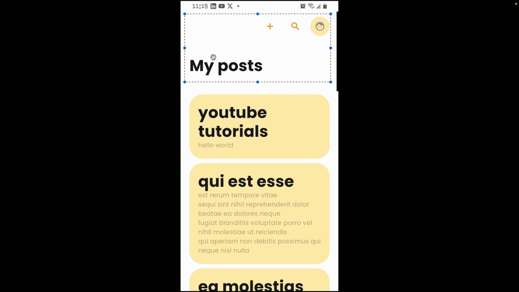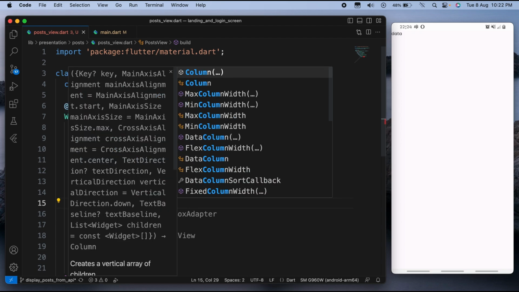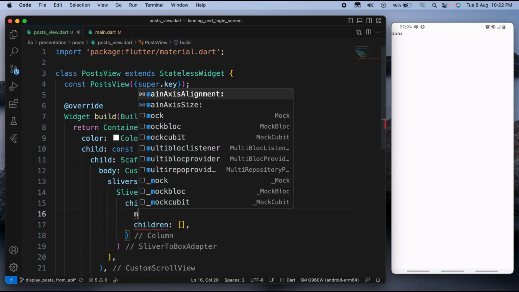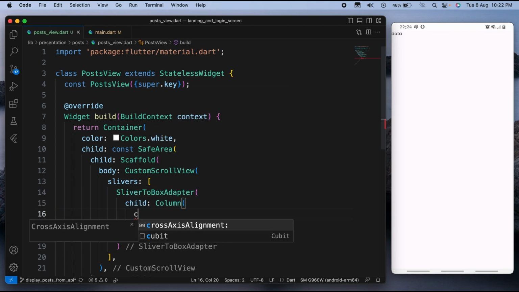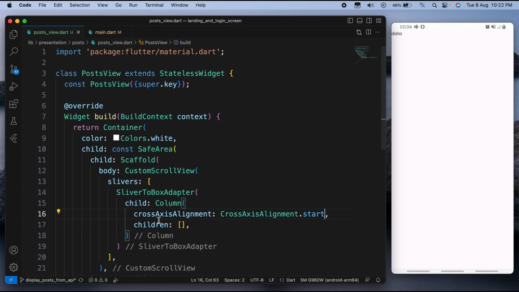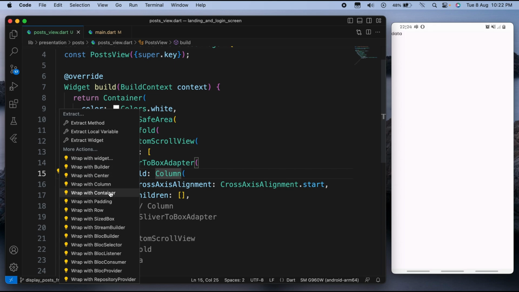As you can see, this text is coming just after this one, so they are displayed inside a column widget. So let's do that. Okay, first let's get rid of this, and here we're gonna have a column. This column will have children. Here the cross-axis elements will be start, and after that I think we're gonna need some padding all around this column,